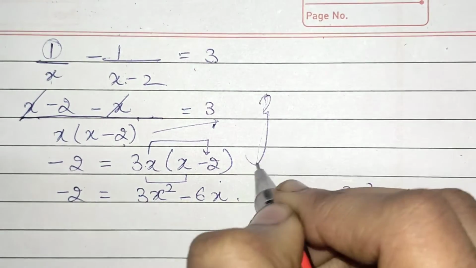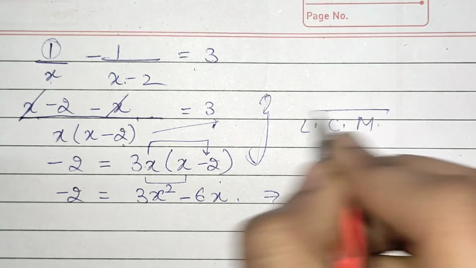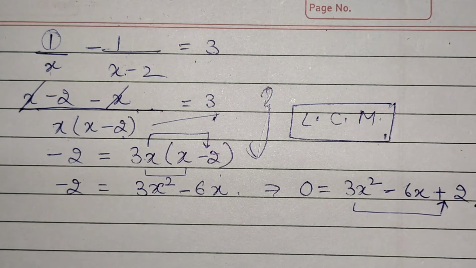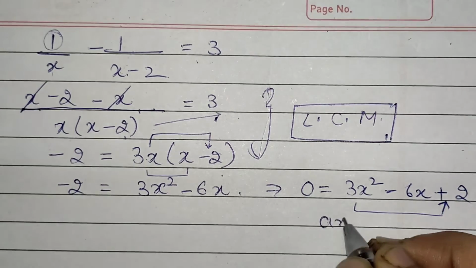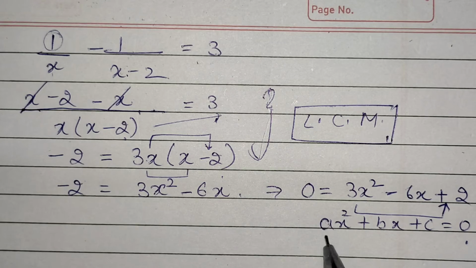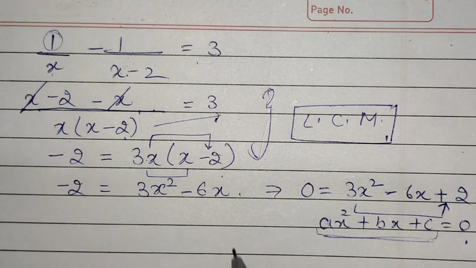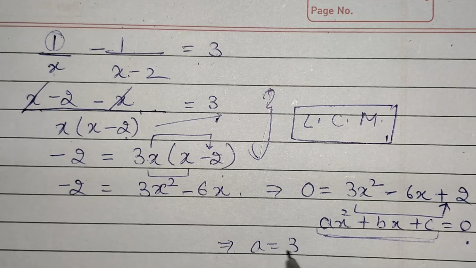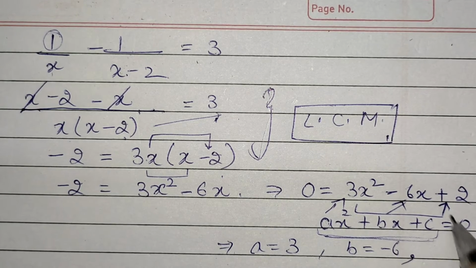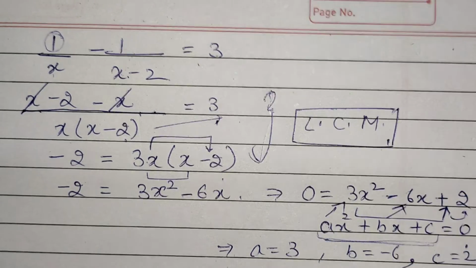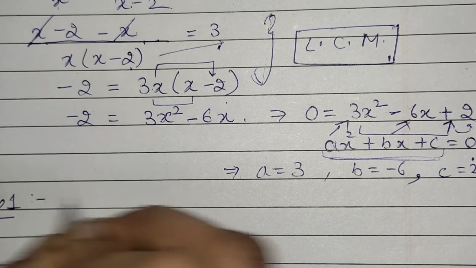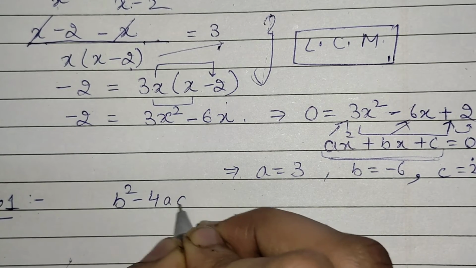Okay, so you know how to take LCM. This is the very simple step that you have to take: take LCM and solve the equation. Now my equation has been converted to the standard form of quadratic equation. Now I will repeat the same steps. That means I will compare my given equation with ax square plus bx plus c is equal to 0, and my a will be equal to 3, b will be equal to -6 and c will be equal to 2. The question is done now, because you have to repeat the same steps and you are very much familiar with these steps now.